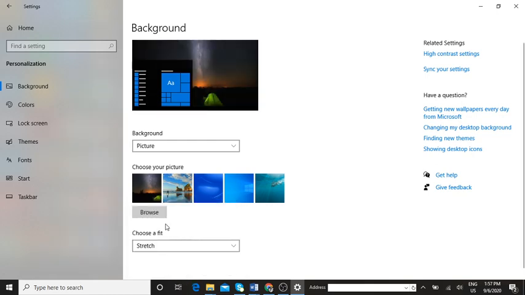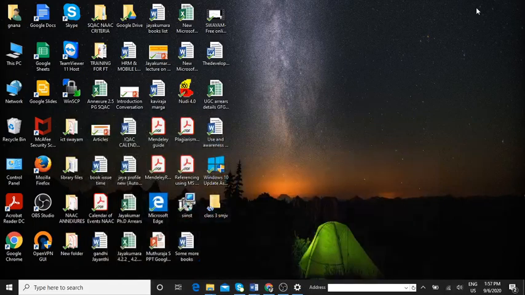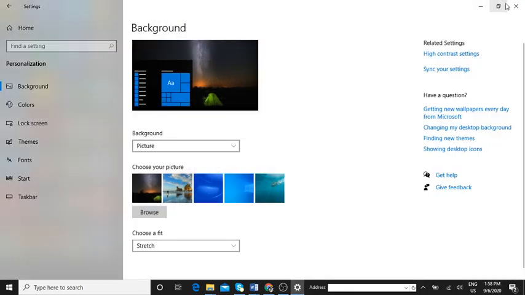Did you see how we changed the desktop background? Right click on the desktop screen. Click on the personalize option. Then select the picture, whichever you want. Then save the changes. It will do it for you.